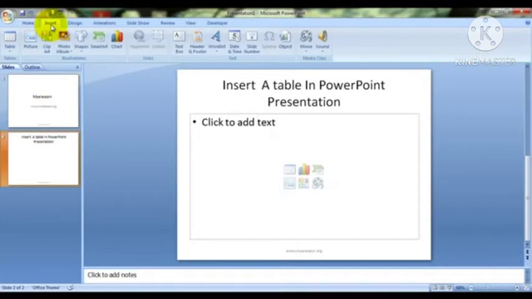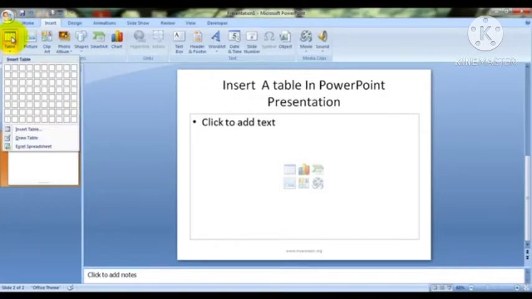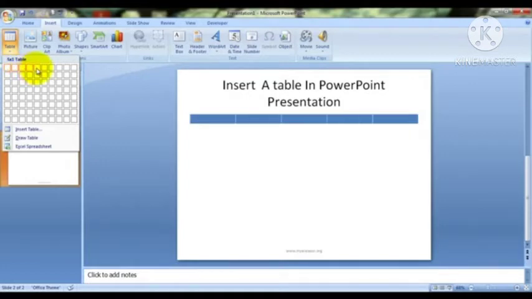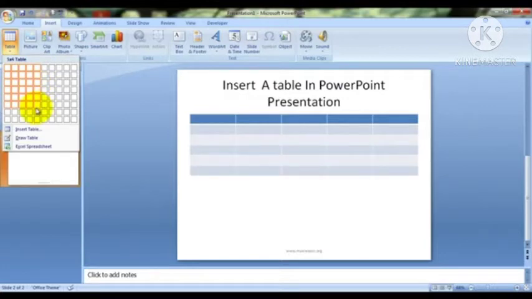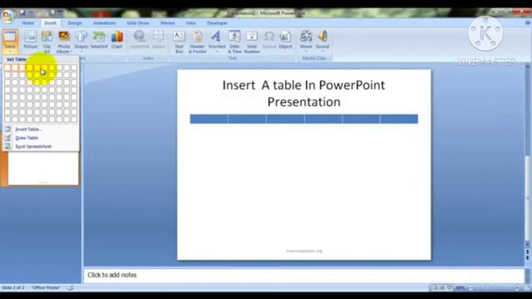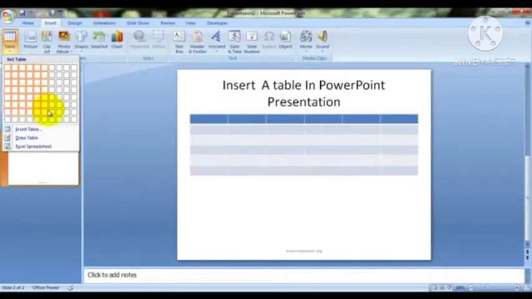First step is, we have to click on the Insert tab and choose Table from the Table option, and a drop-down menu appears. It has three options to insert: draw and Excel spreadsheet. Now the second step is, click on the Insert Table option and the Insert Table box appears on the screen. Select the number of rows and columns required and click on the OK button.